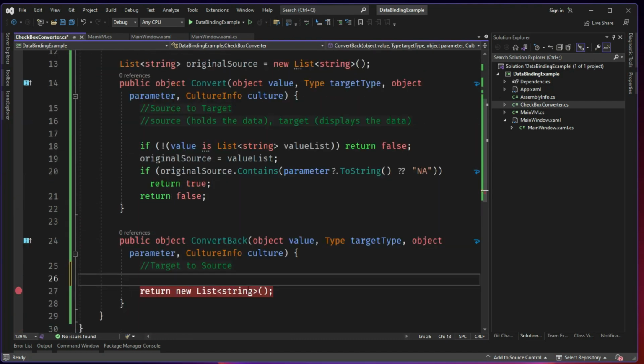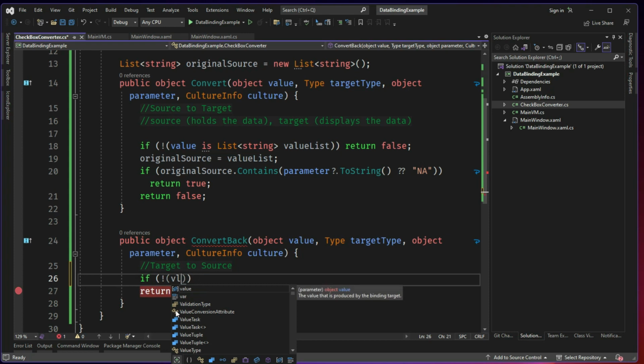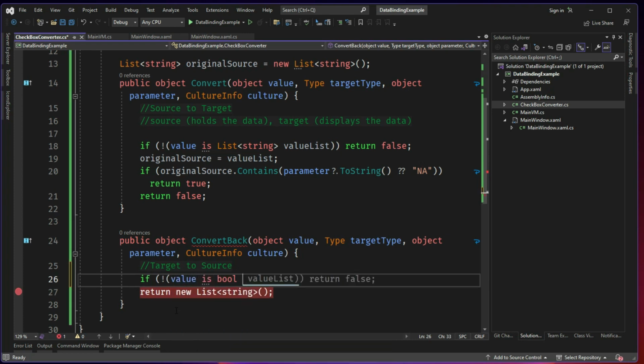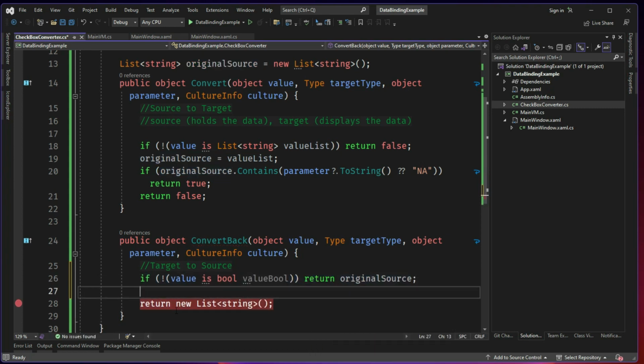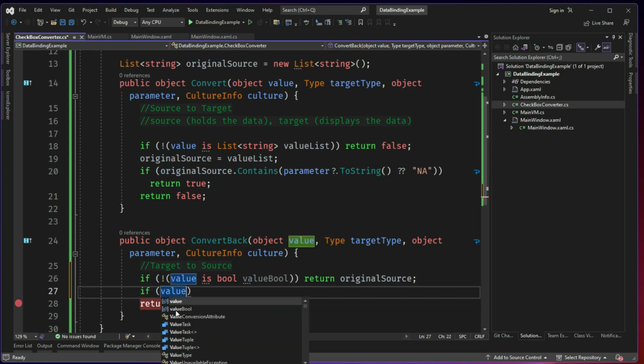So what does convert back do? From the target, from the UI, if some value is removed, we need to remove it. If it is not removed, it needs to be returned as is. So it's going to be quite simple. The original source is already present, right? So we need to check if the incoming value is not bool, then return the original source. But by chance, if the incoming value is bool,